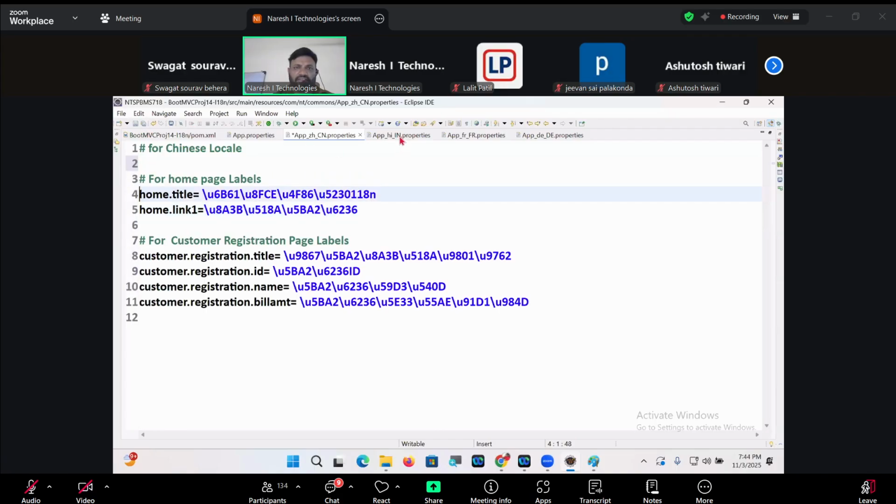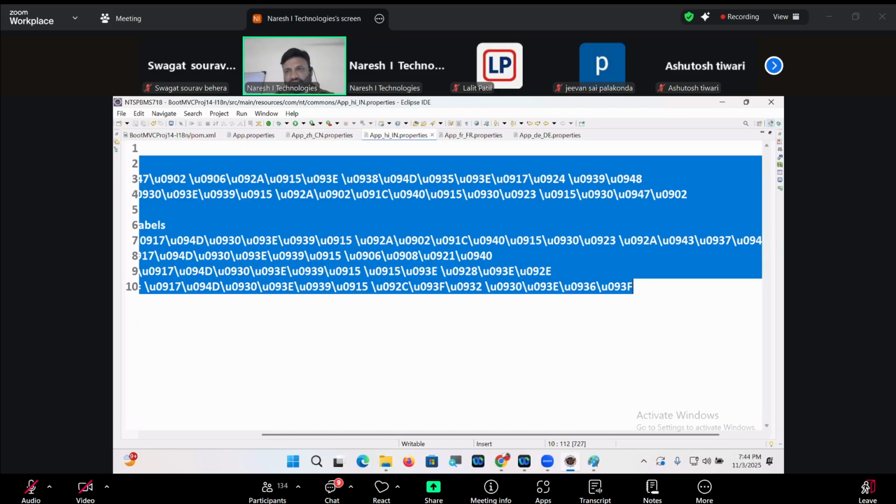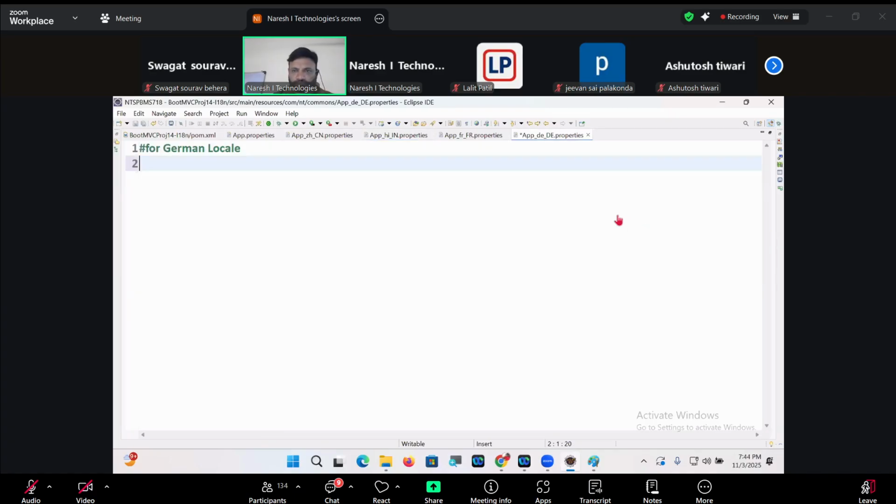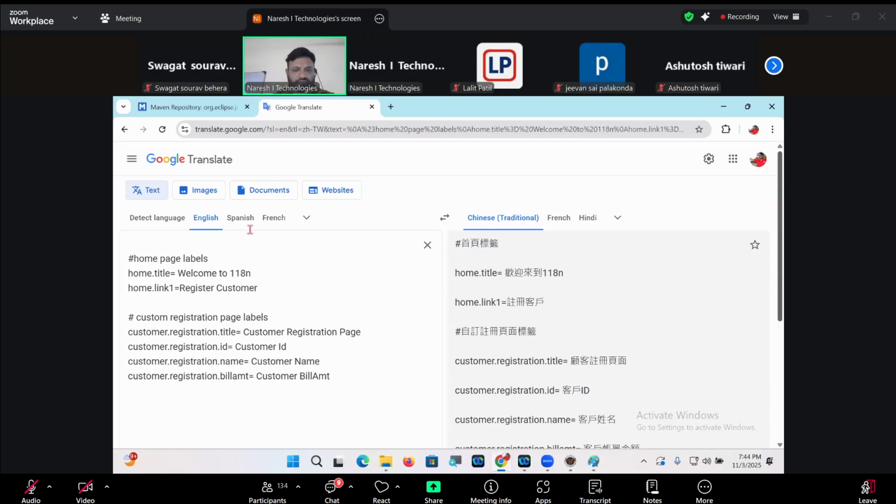Now Hindi is already done. French is done. German is there. For German, selecting one more hyperlink, nothing great. Copy this, paste.